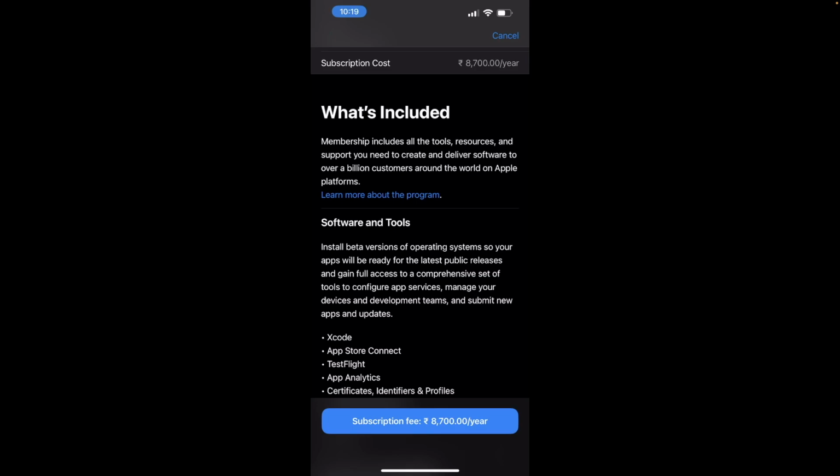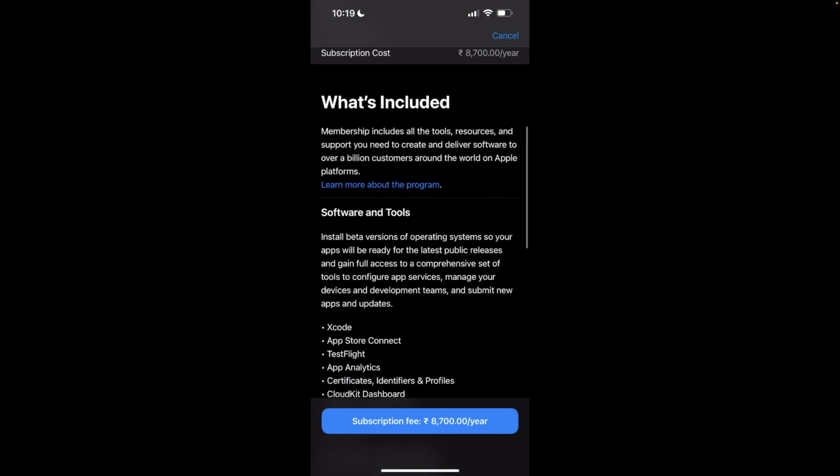As you might be aware, earlier you should have an Apple developer profile, and that developer profile was very costly. For example, in case of INR, Indian currency, we had to shell out around 8,700 rupees every year. However, as of now, you don't have to use any Apple developer account whatsoever. You could easily install the update without any account as such.